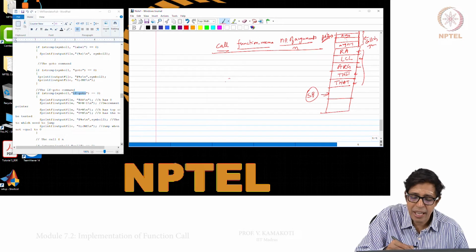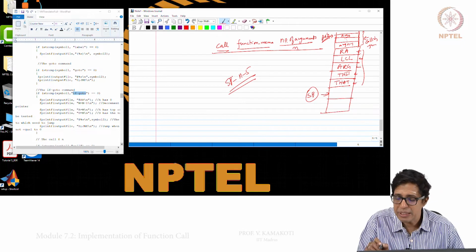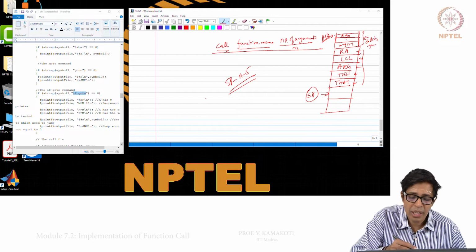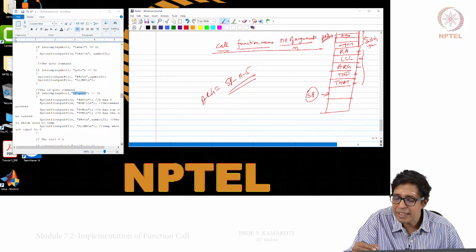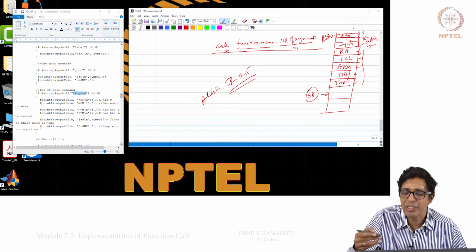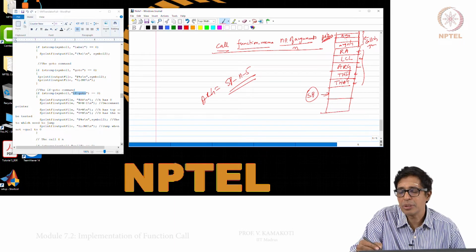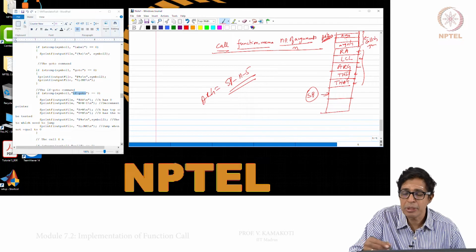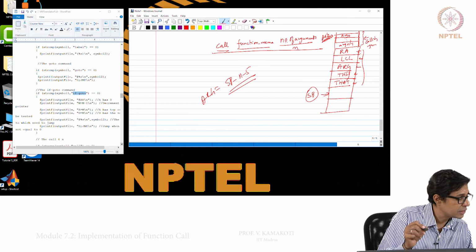So, if I subtract n and 5 from SP, then I know this is ARG. The new ARG of the called function will start at this point, which is correct, right. Because these are the arguments passed by the calling function, these are the arguments of the called function.